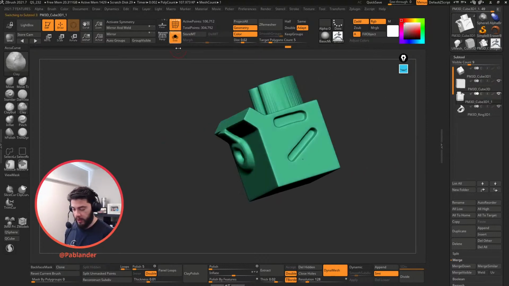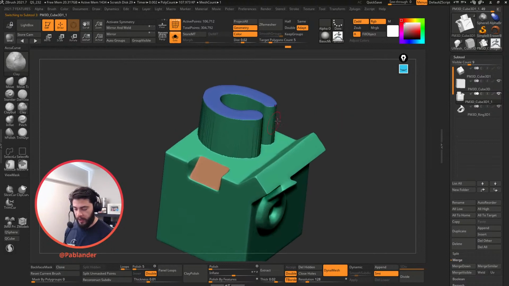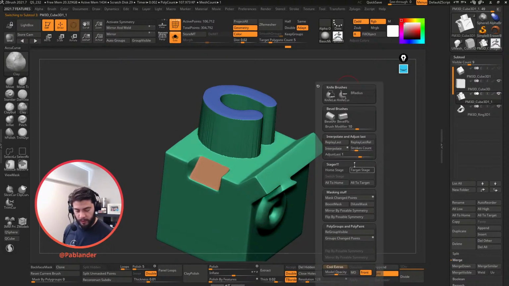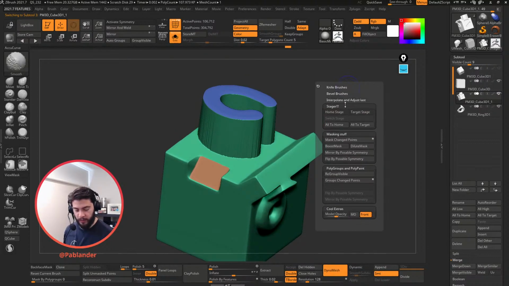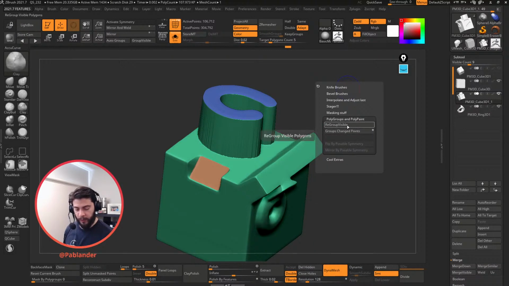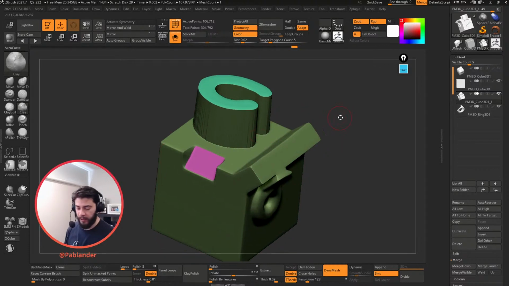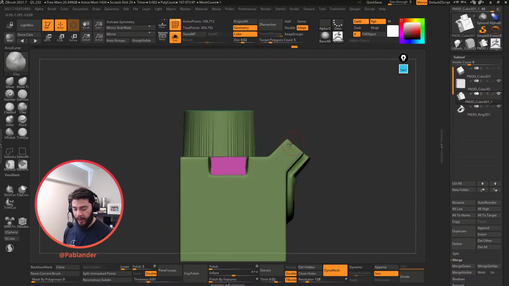Let's actually go to this one that has multiple polygroups. So if I go ahead and click on regroup visible, let's turn everything off except that one. Click on regroup visible. Now ZBrush is going to look at whatever you have in here, any polygroup, and it's just going to cycle through different IDs for the polygroups. So that's going to give you different polygroups, right? But it's quite handy, especially if you were to, let's say,